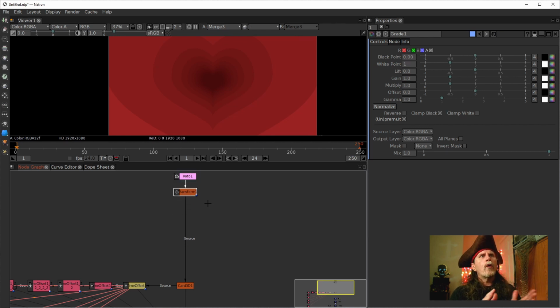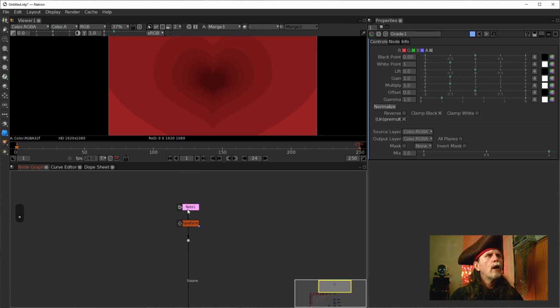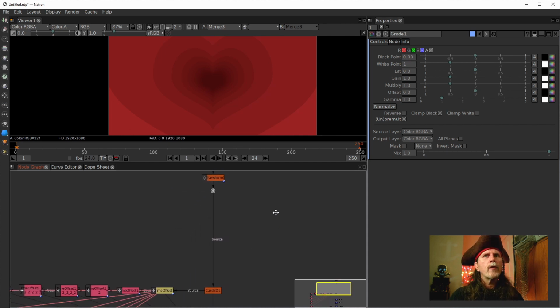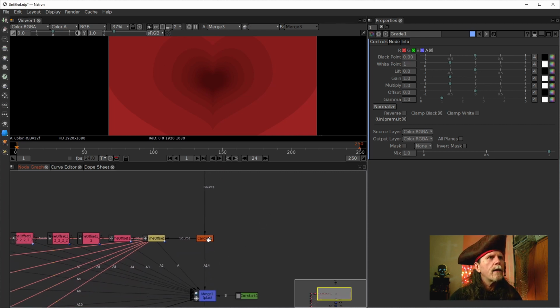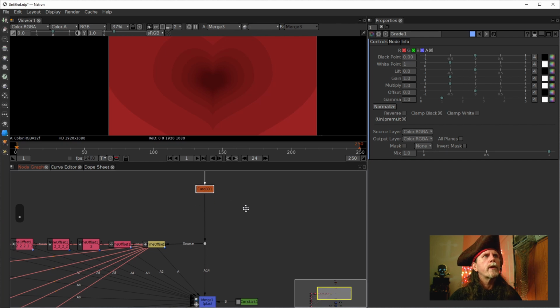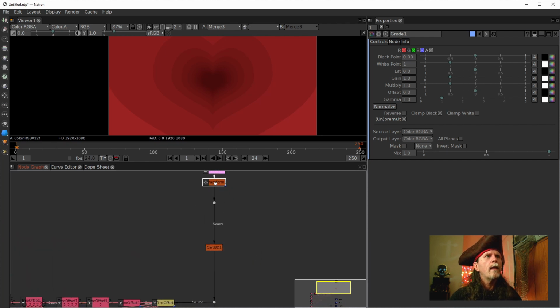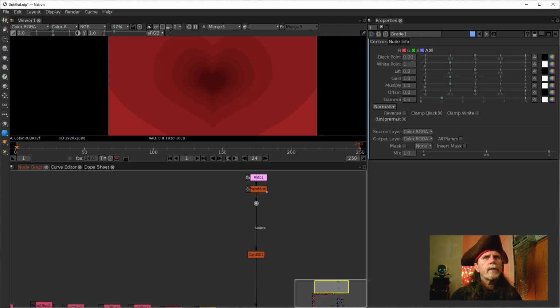All right, so right here, I'm going to hit a period right after this transform, because this transform is mainly to use for getting our roto moved around, and the rest of the stuff is going to branch off of it. So the first thing we want to do, let's go back here and look at our card 3D. In fact, I'm going to move our card 3D up a little bit, because we're probably going to be putting some stuff after it as well. I'm just going to check my reference project, because I want to make sure I'm using the latest version of